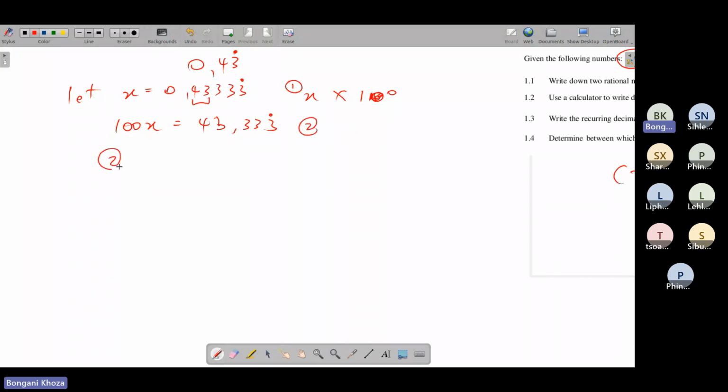You say equation 2 minus equation 1. So 100x minus x, you end up with 99x, equals, and then you have this number over here subtracting that. So it will be the same thing as saying 43, there's a 0 here, and then you have all of those 3's that are recurring. So all of these 3's recurring will cancel out each other. So you'll end up with 43 minus 0, which is 43. So this is supposed to give you